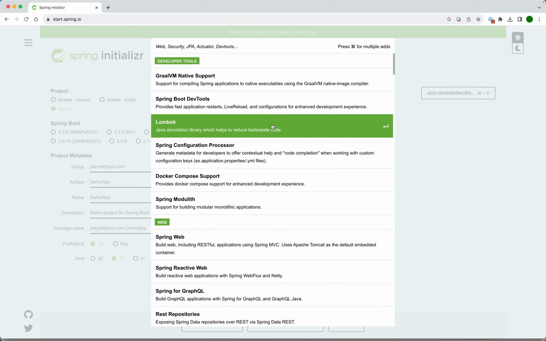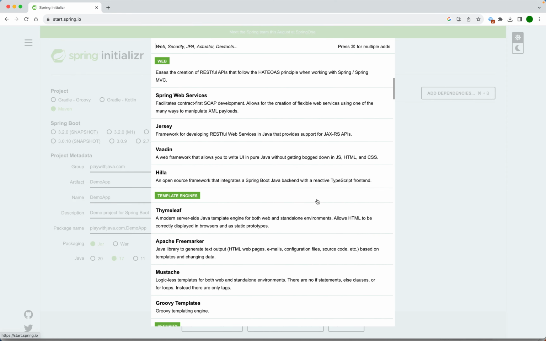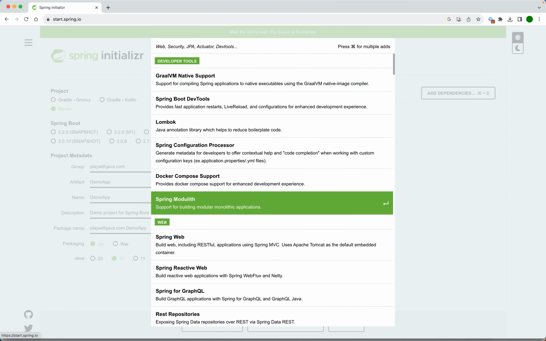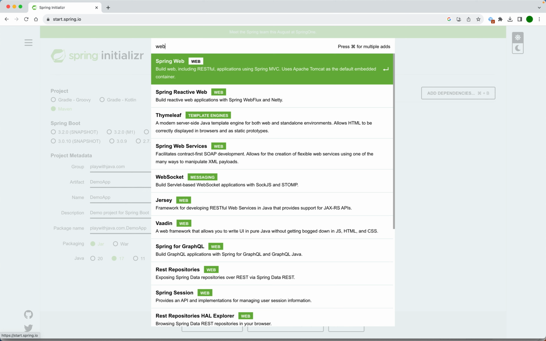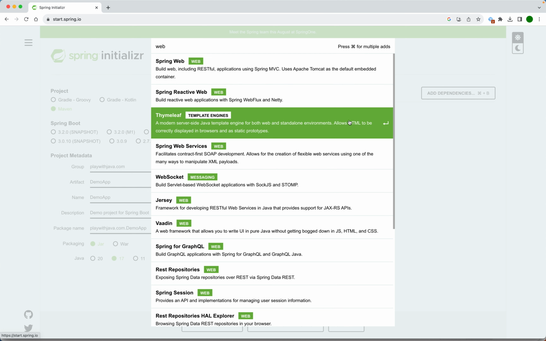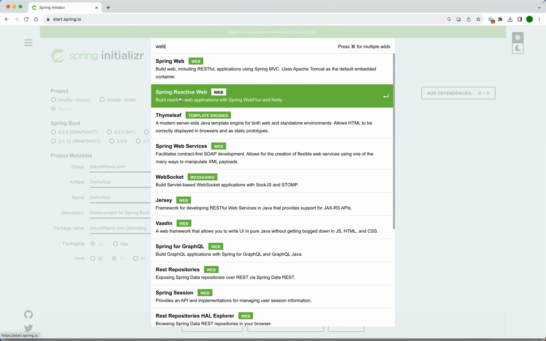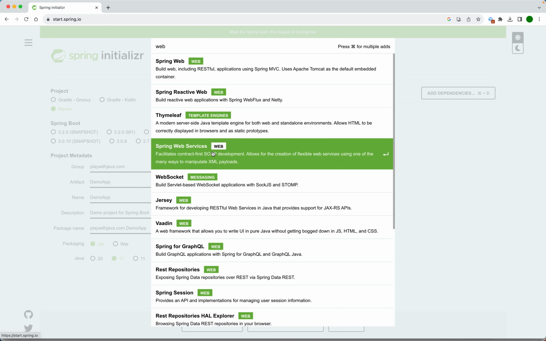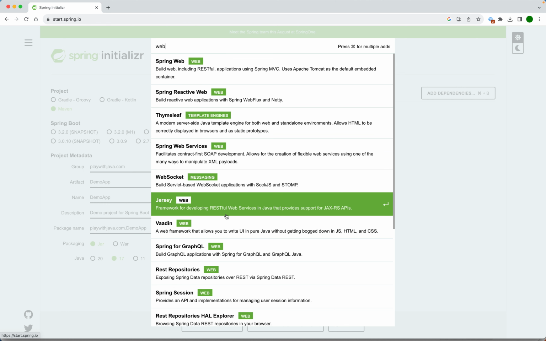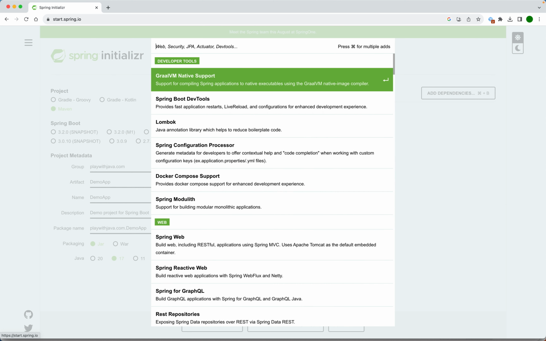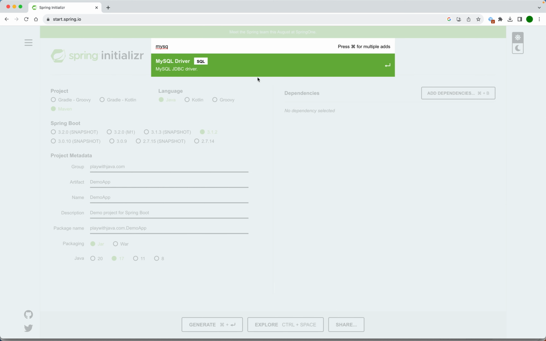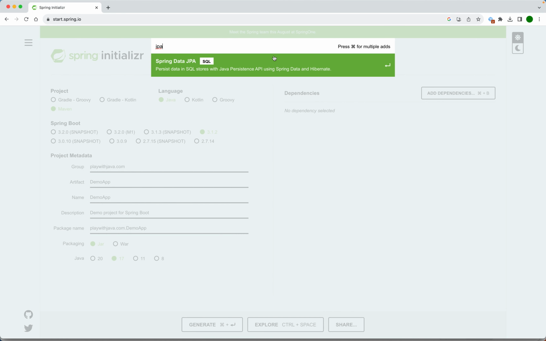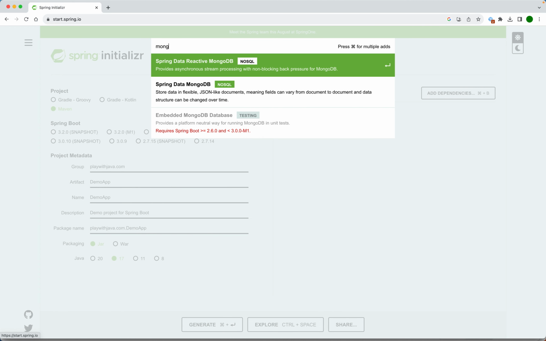So let's go here. In the dependency section you can see a lot of dependencies given, right? As per your need you can select. Suppose you have to implement a REST API, so you can go for Spring Web. Just like that you can see Reactive Web, which is for reactive applications. This is Thymeleaf for UI. This is for web services. This is for websocket. Suppose you have to use MySQL, there is the MySQL driver. And if you have to use JPA, Spring Data JPA is there. Suppose you have to use MongoDB,